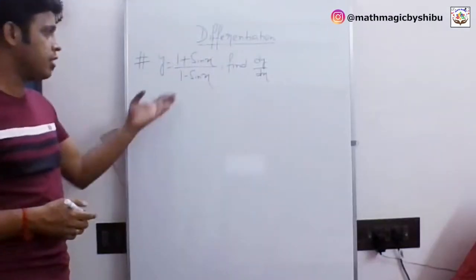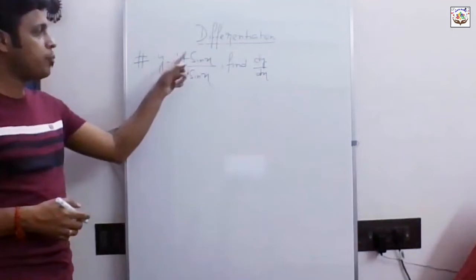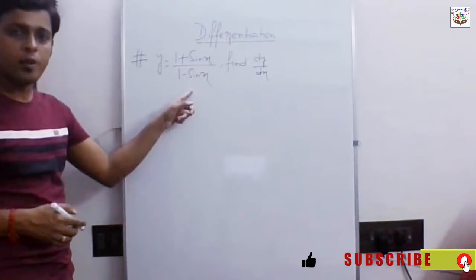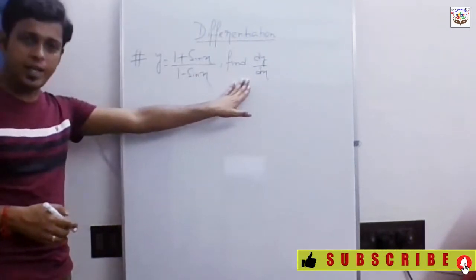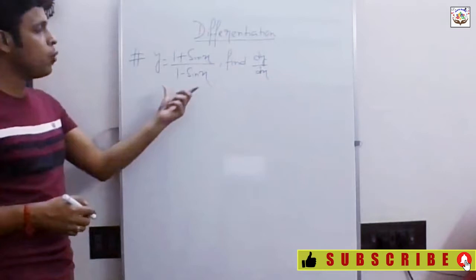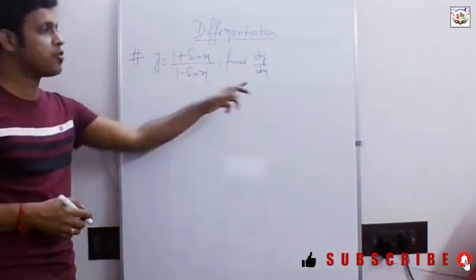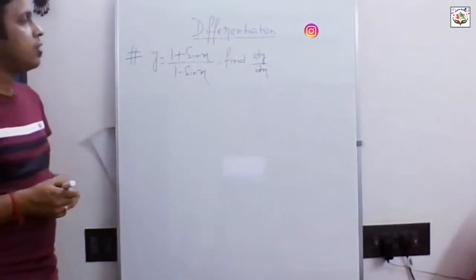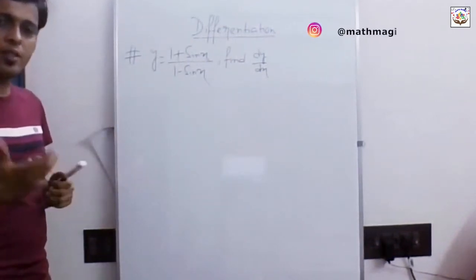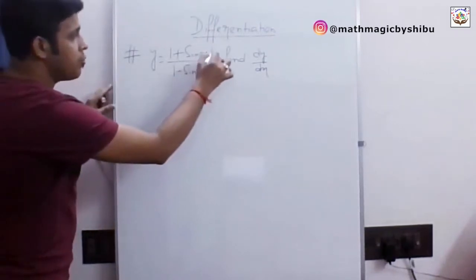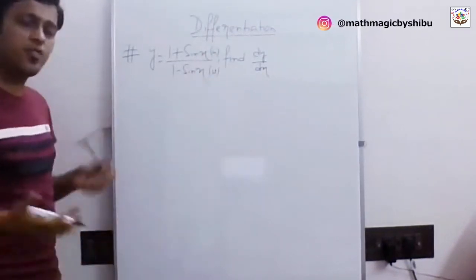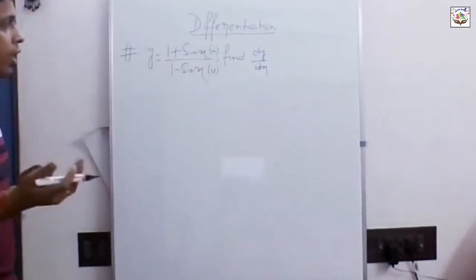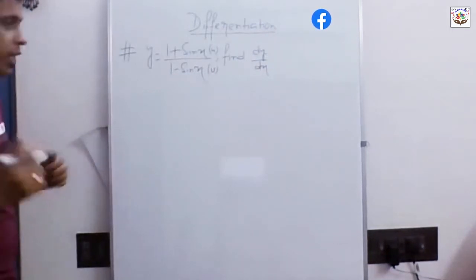So our next problem is this one. y equals (1 plus sin x) in the numerator divided by (1 minus sin x) in the denominator. So we need to find dy/dx as usual. That means we need to differentiate this function in terms of x. Okay. Now we can do this problem in several ways. Like you can assume this part as u, assume this part as v, and normally expand by the formula of d/dx of u by v. Or else what we can do, we can